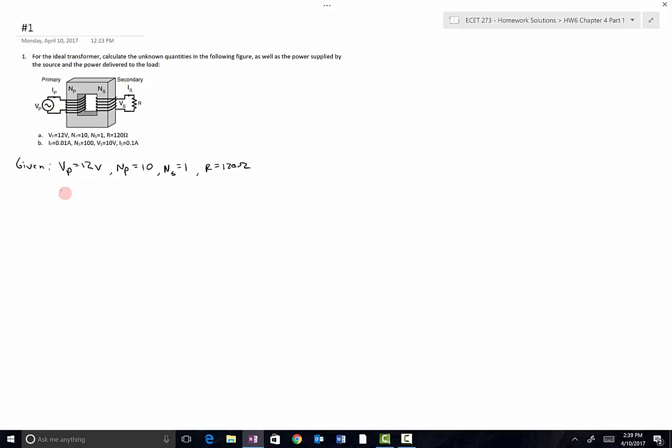And then in B, we have the primary current is equal to 0.01 amps. The number of turns in the secondary is equal to 100. The voltage across the secondary coil is equal to 10 volts. And the current through the secondary coil is 0.1 amps. We are asked to determine